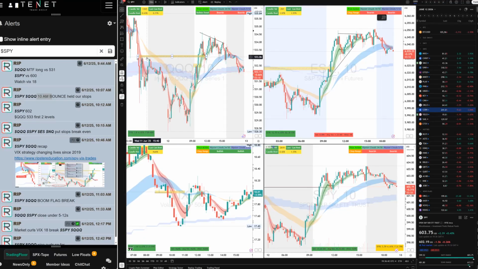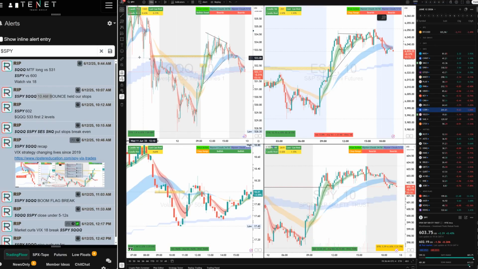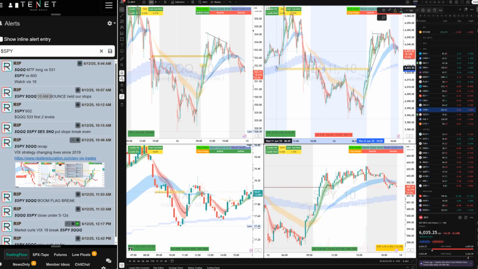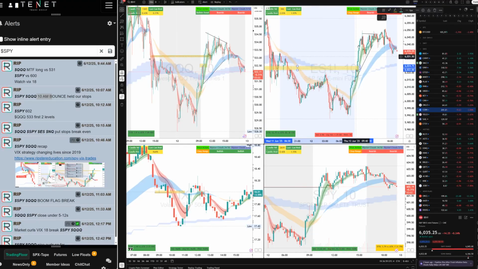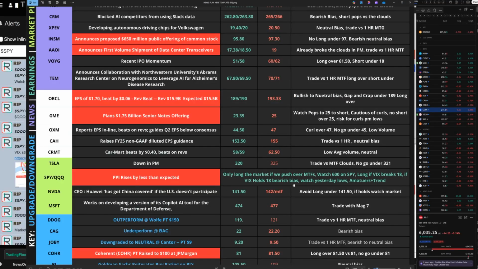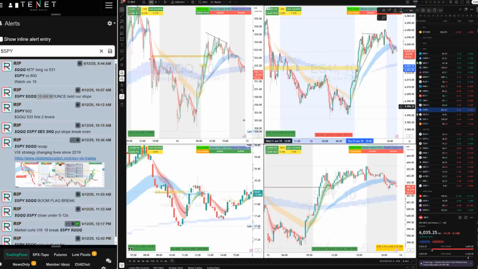Then we got a breakout over this 1 hour level. This was a resistance from yesterday. You can see a few candles rejecting it. So that becomes a breakout pivot for us, right? Same for ES futures. This area becomes a breakout pivot for us. Resistance becomes support, and once the resistance breaks out, we hold it. And you see at the same time the VIX is fading, just like I talked about. When VIX breaks 18, we should be long. So VIX is breaking down, MTF is holding.